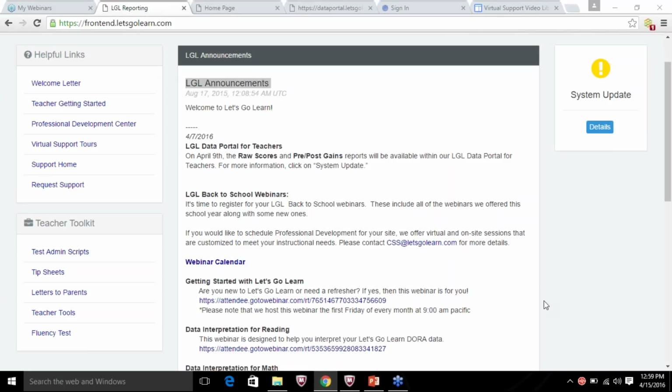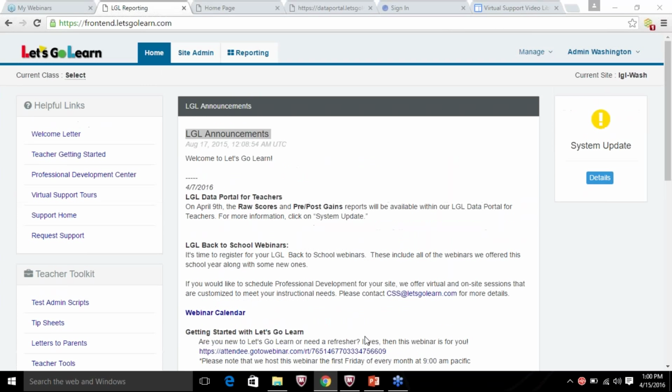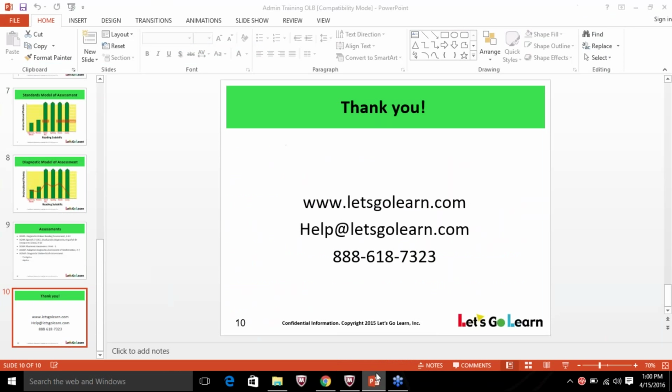Also, don't forget the handout before you pop out today. We do have a tip sheet located under the handouts. If you click the little plus sign over here on the right-hand side under your webinar box, go ahead and click on that Managing Users, and you'll have the tip sheet for today's webinar there listed for you. I'm also going to leave us here with our Let's Go Learn general help. If you have specific questions, let us know. We're really excited to hear your feedback and to be ending the year with you and getting ready for next year or perhaps any summer programs.